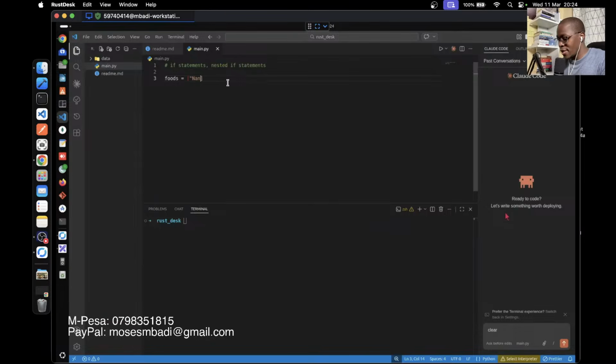That is Nangaria. If you don't know what Nangaria is, it's this interesting ugali-like dish. It's maize flour, and then I don't know if they add Blue Band, and then they add, I don't know, I have forgotten. It was a long time since I last tasted Nangaria. But it's a dish very common in Turkana or Lodwar.